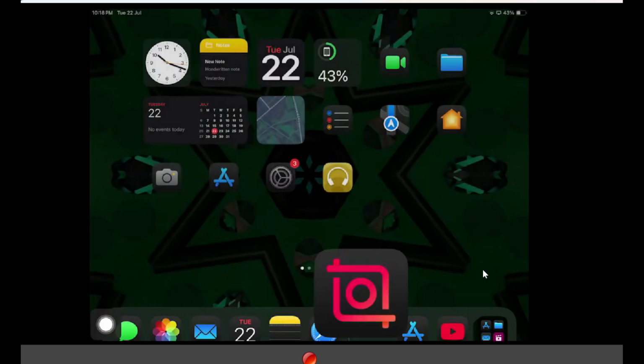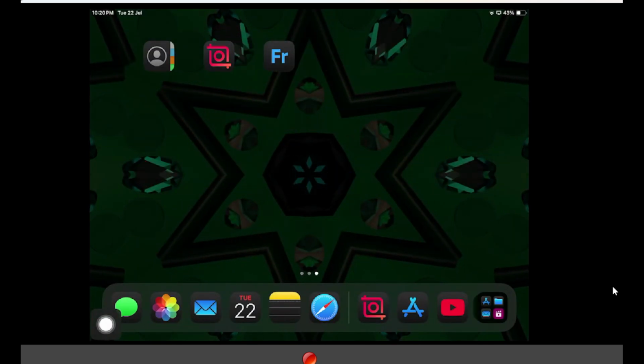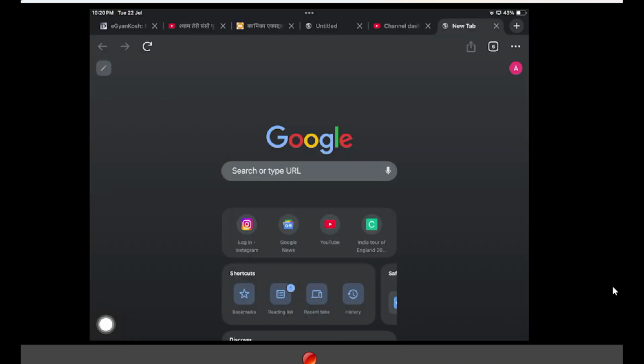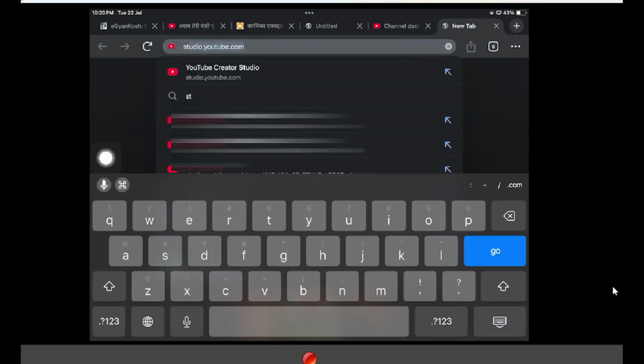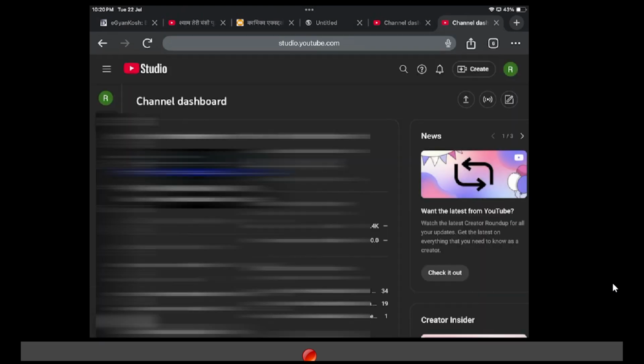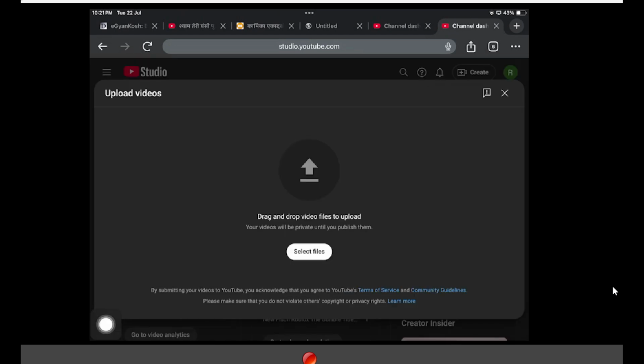Once you're done with your video, now just upload your video as a short video. Then you can do one more thing here. Now you have to open your browser and make sure you are logged in with your YouTube account. Go to studio.youtube.com. Just search for this and it will take you to YouTube Studio. And now you just need to tap on this create button over here and tap on upload video. Now, if you upload any video in the 9:16 ratio on YouTube Studio on the browser, it will detect it automatically as a short video.